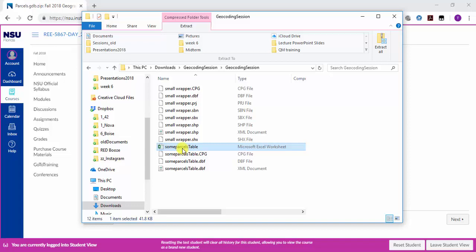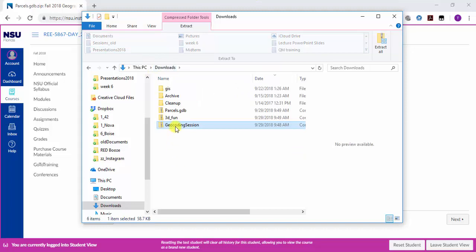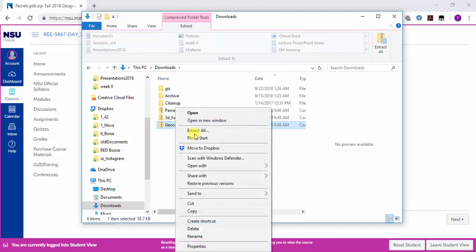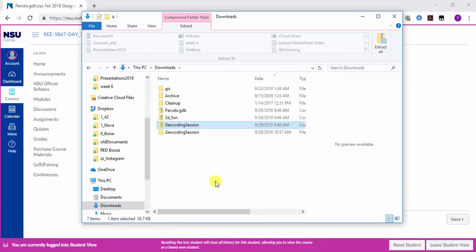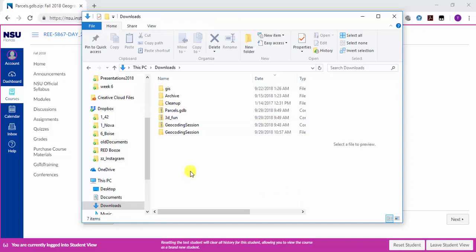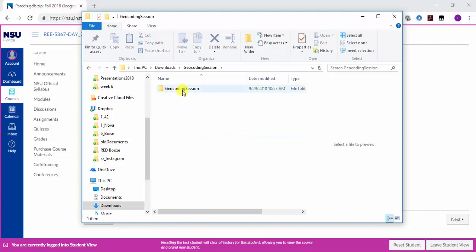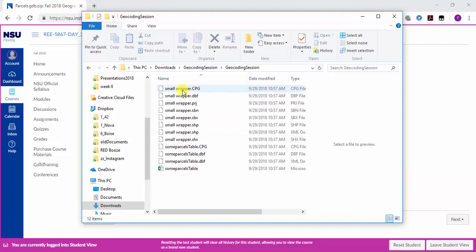If you have that on your jump drive and you're scared of the zip file, take the jump drive. I'm going to set this up. I'm going to just say extract all in my downloads. I don't care that we're going to put this right now in any folder anywhere. Okay? If I remember right, then I click into geocoding session. If I click into that,